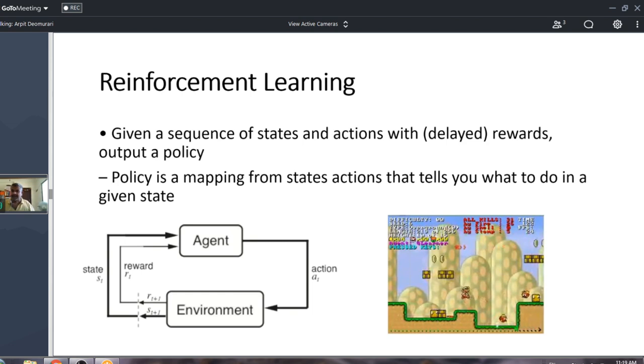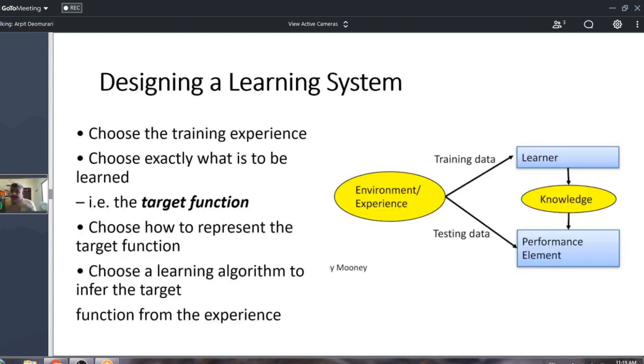If a poacher kills one tiger, that becomes a reward. But for the forest department, if one tiger gets killed, that becomes a penalty. So it becomes a very complex interaction between different systems. This is called reinforcement learning or agent-based learning. I'll give you a couple of examples of that later on.